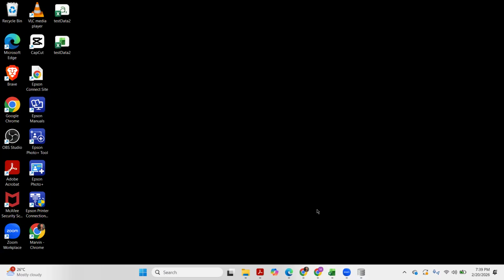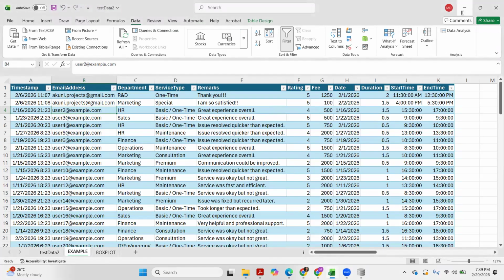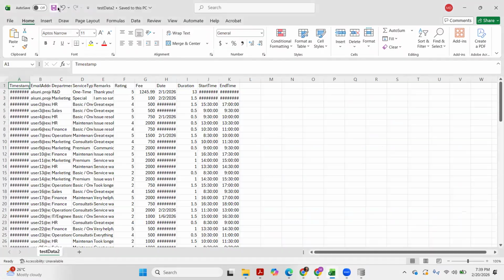So right now, if I open this file, test data 2, as a CSV file, this is the Excel version. The CSV file looks like this if you open it via Microsoft Excel.